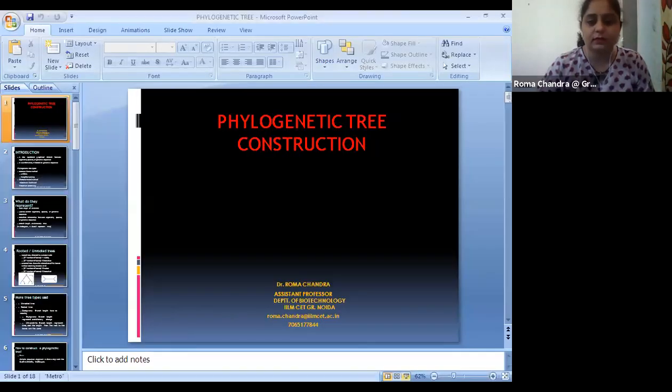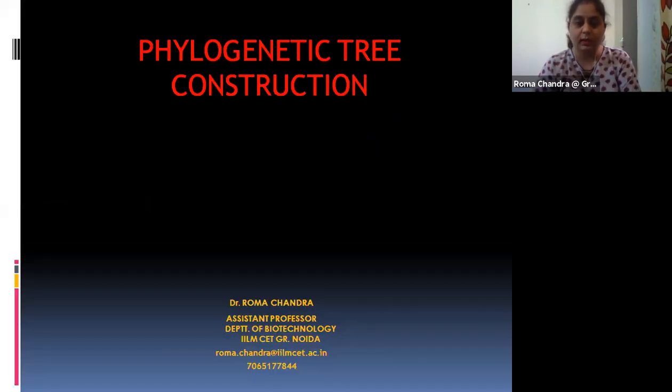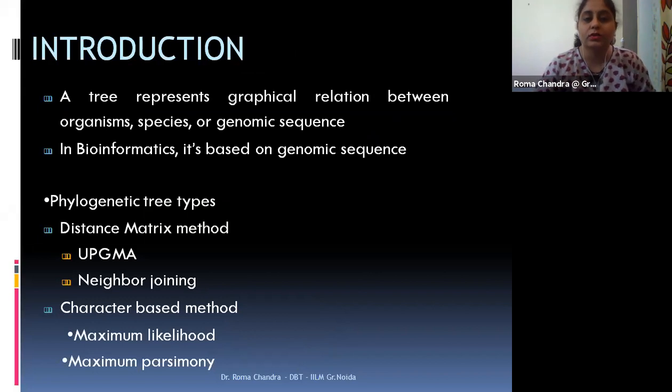I had told you earlier that multiple sequence alignment refers to the process where we are aligning more than two sequences. The result will help us go with the production of an evolutionary tree, which is said to be a phylogenetic tree. In the case of pairwise sequence alignment, the main objective was searching for motif regions or homology modeling.